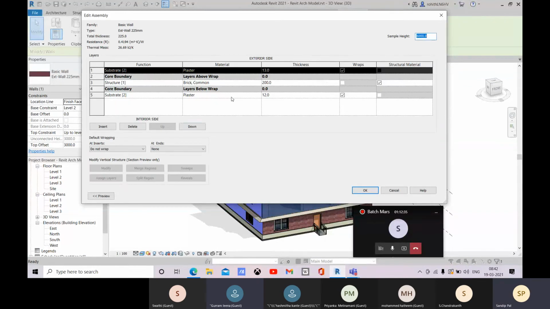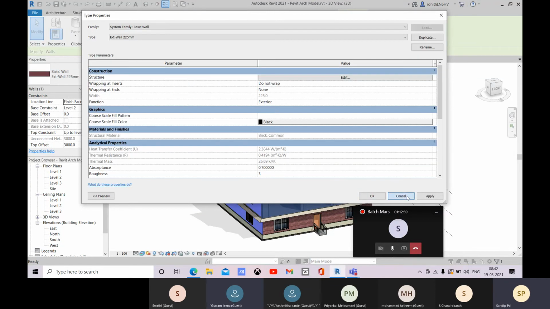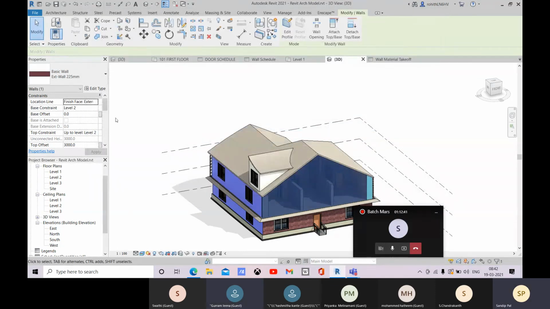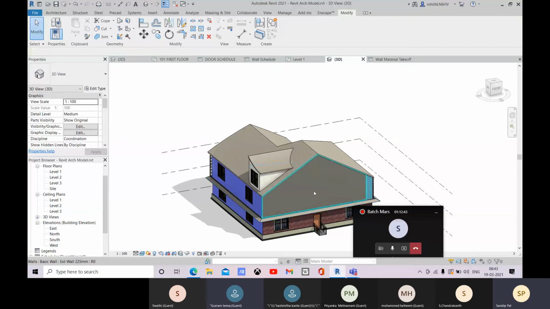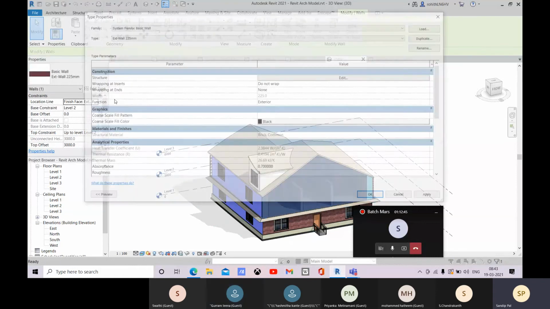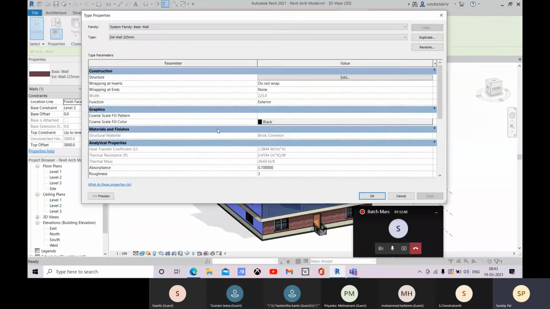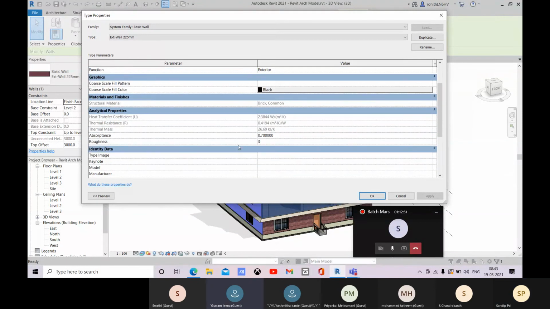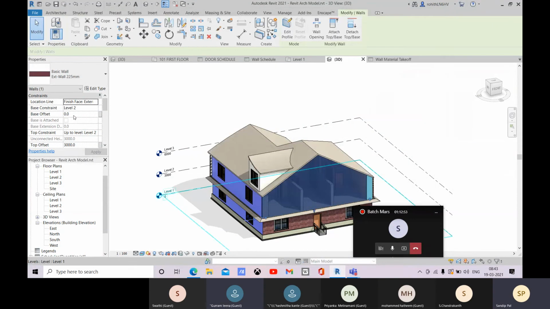In the properties browser, there'll be one material thing, sir. Here. Yeah. No, there will not be that. It's not like that.